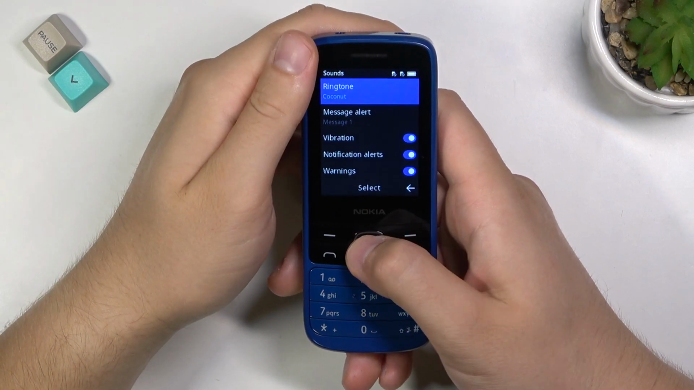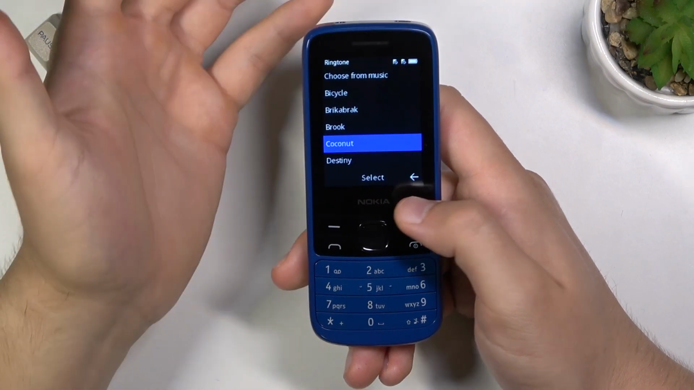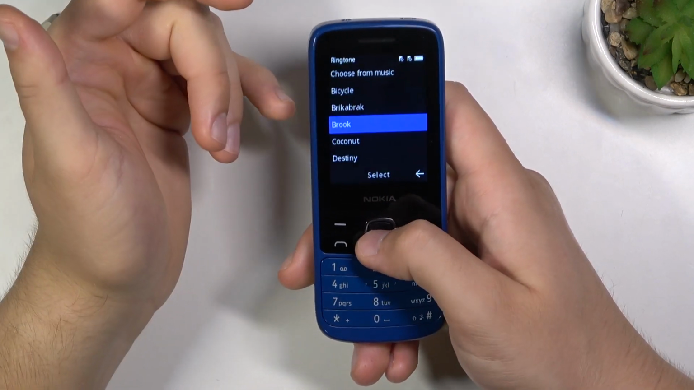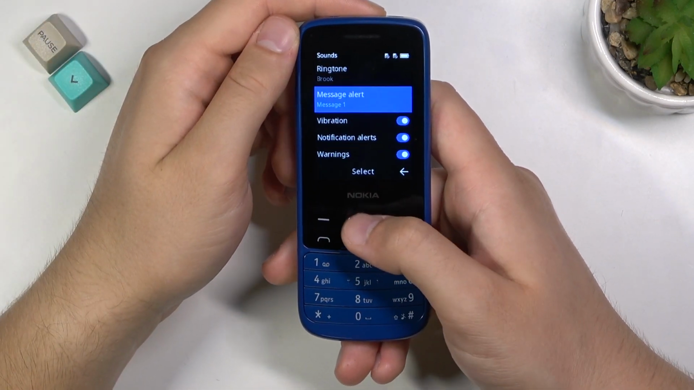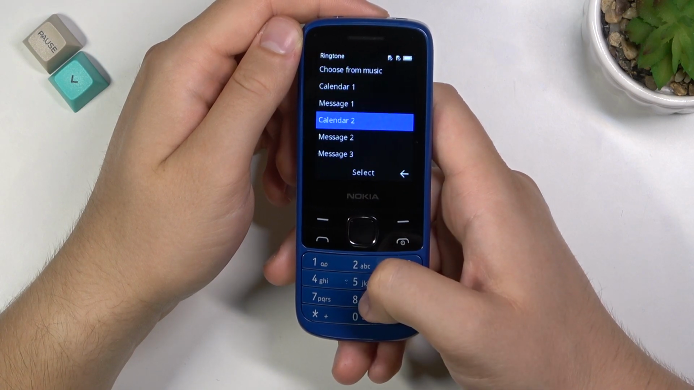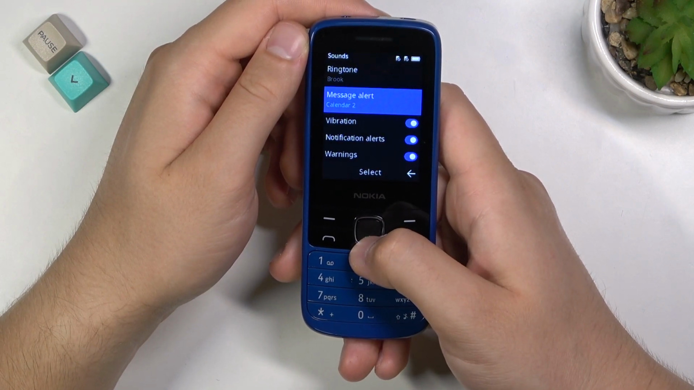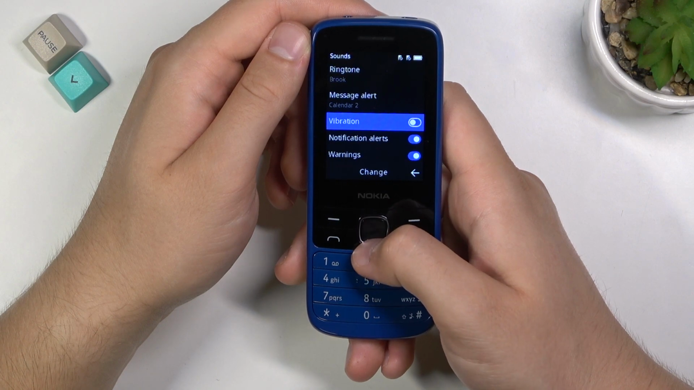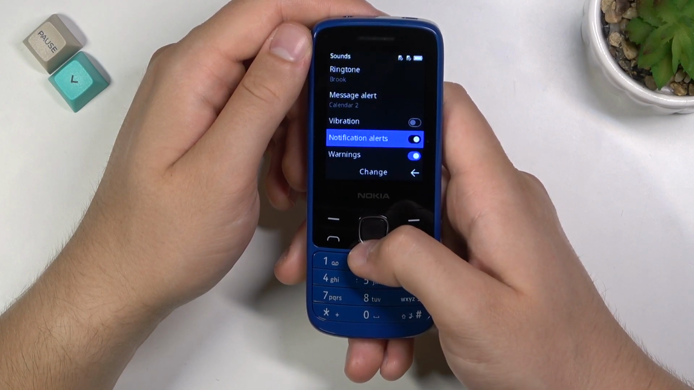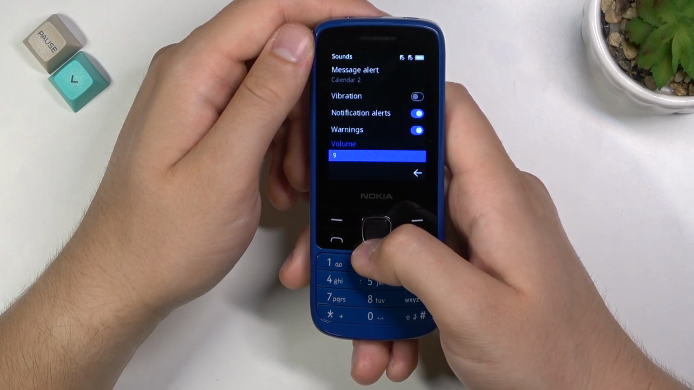Right now at the first we can change the ringtone. For example, for Brooke, click select. The same for the message alert. Let's select this one. Here we can turn on or turn off vibrations, notification alerts, warnings, and here we can